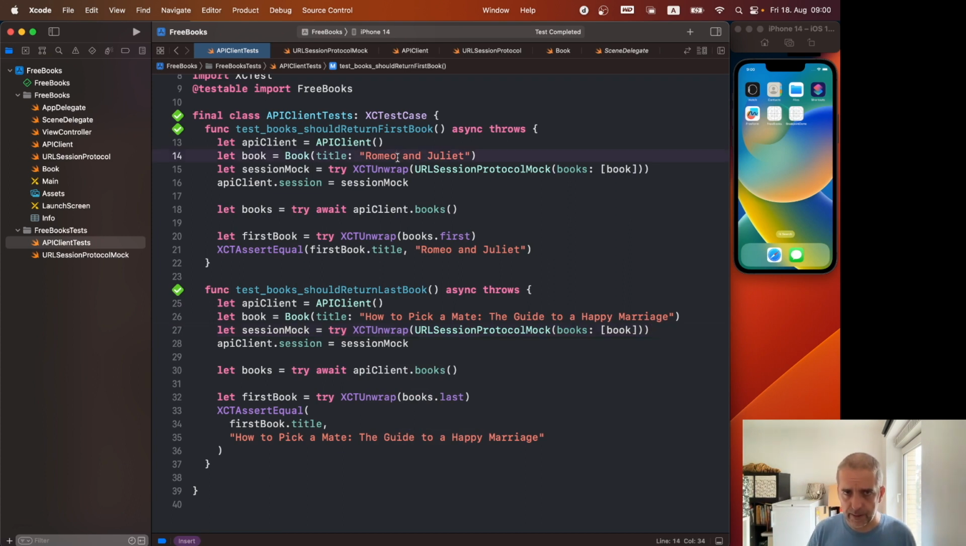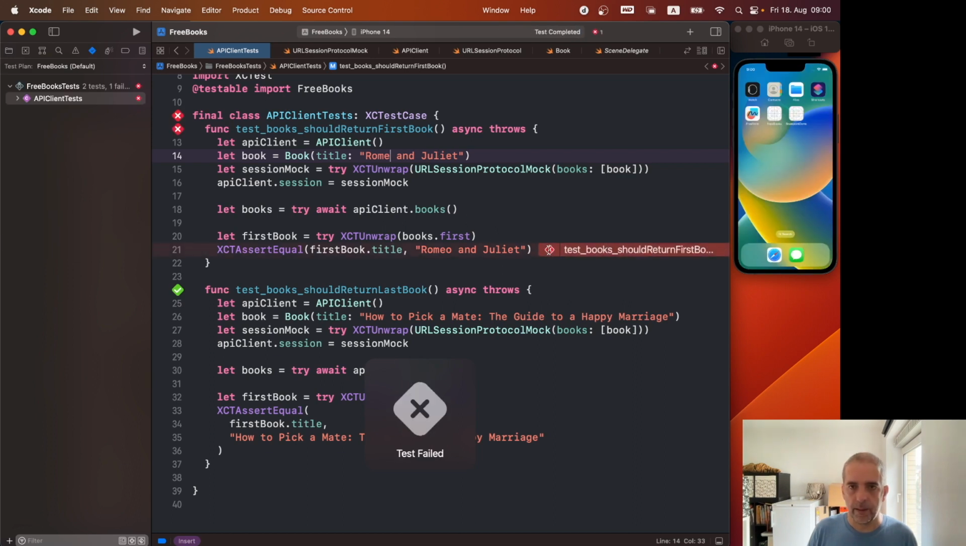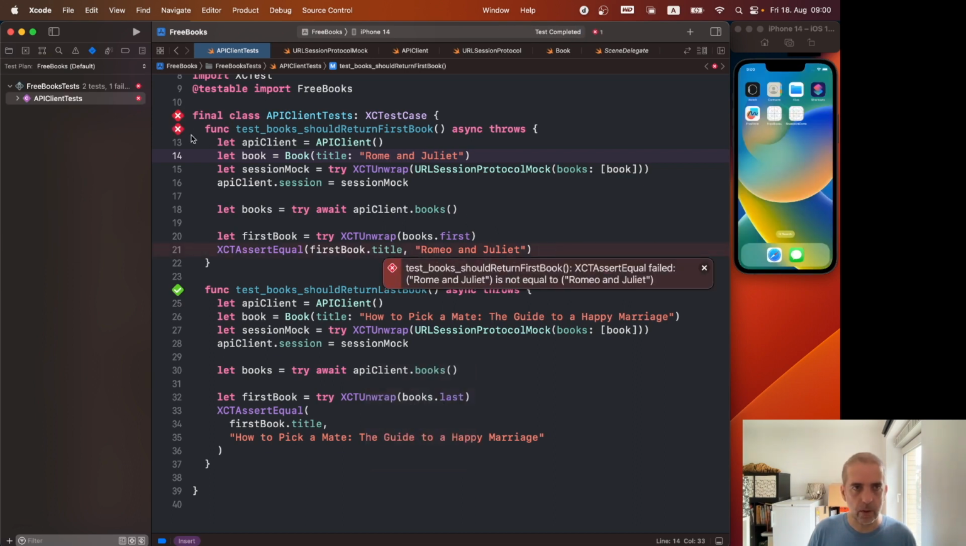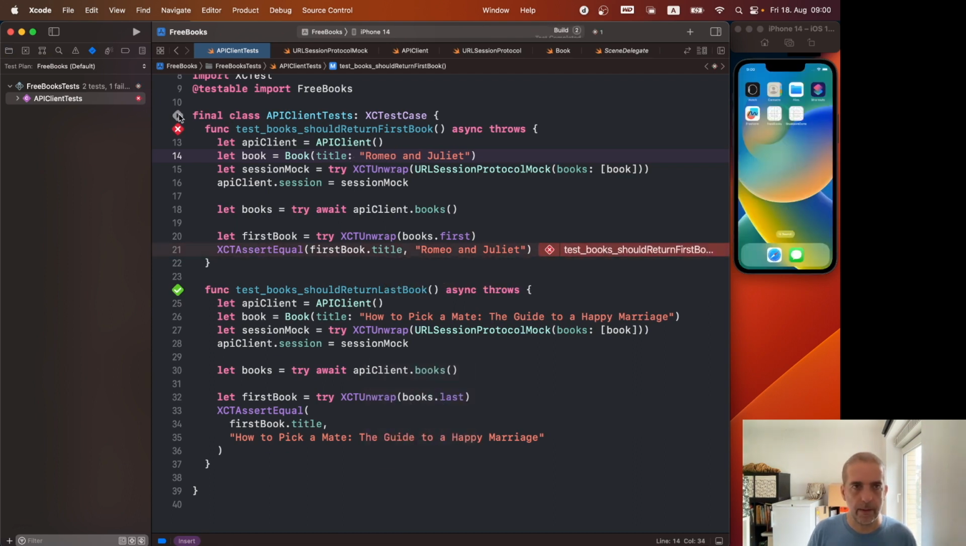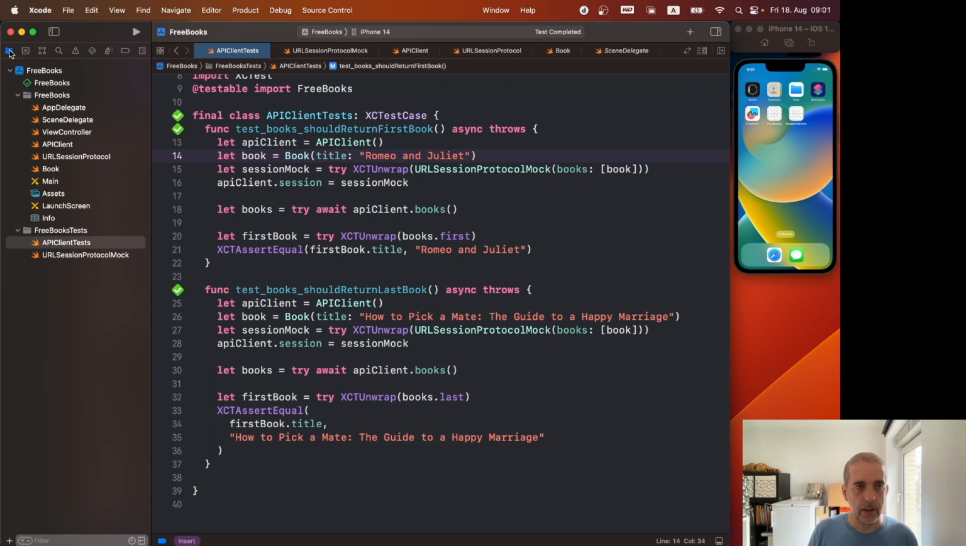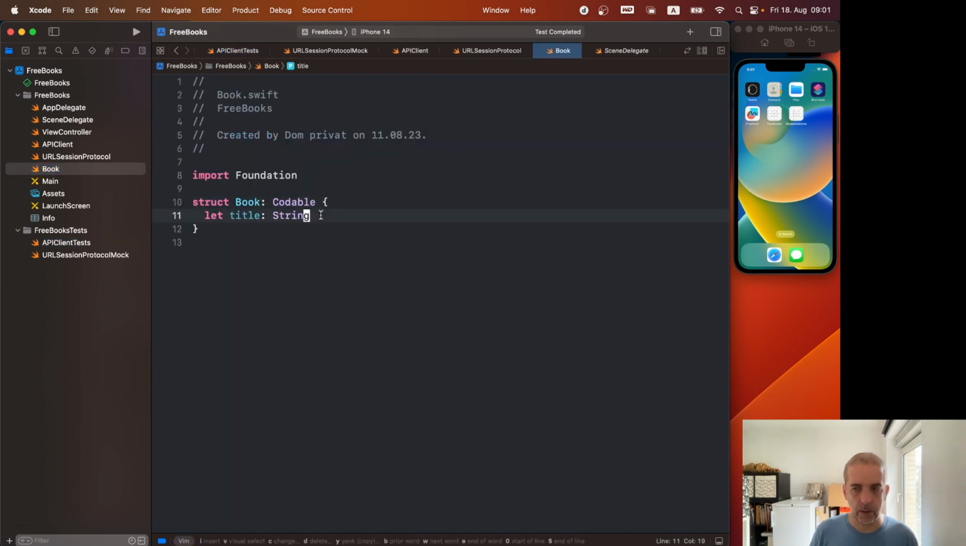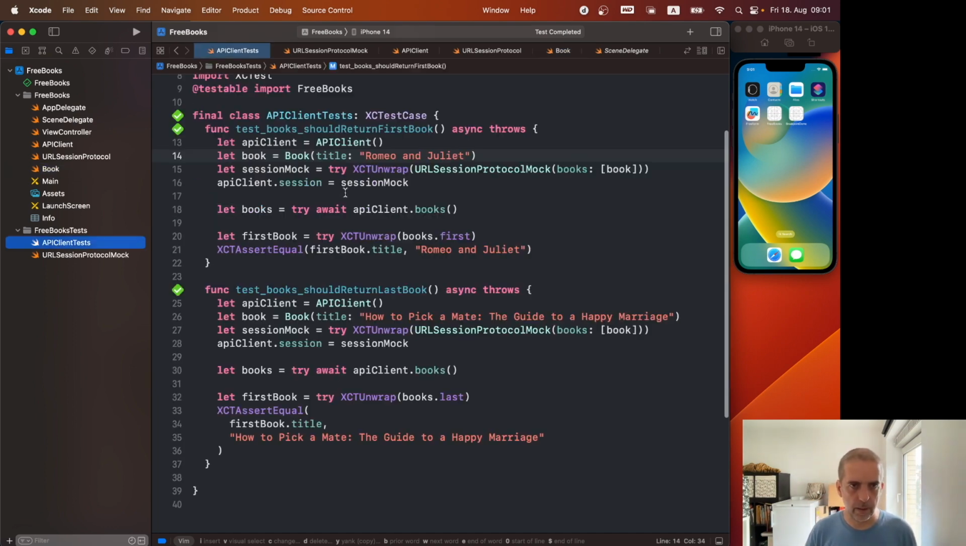And to make sure that the test still uses our provided data, we can make it fail by changing the name we put into this book here, and then fix the test again. Perfect. What we also want to have in the book is, let's see, the authors of the book. So we need a new